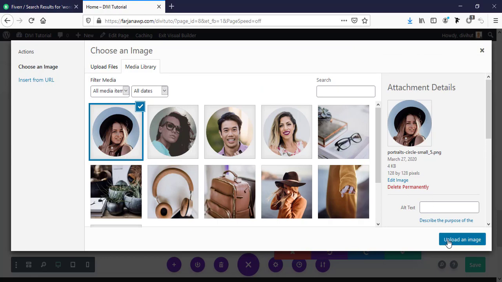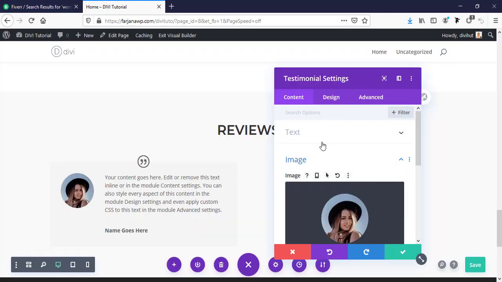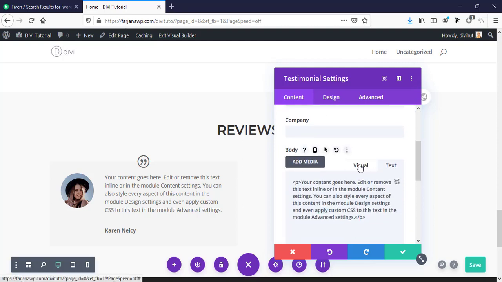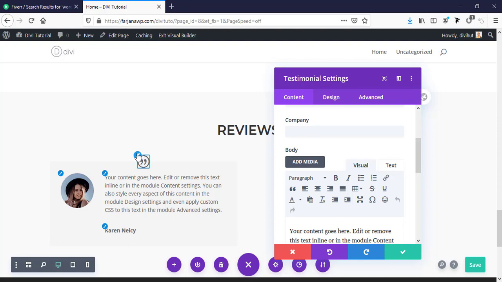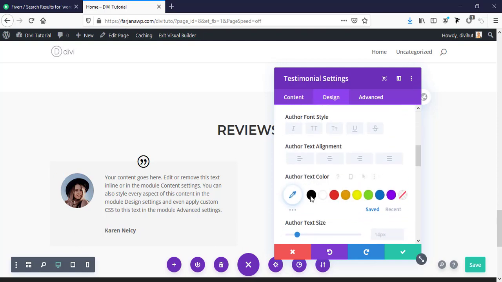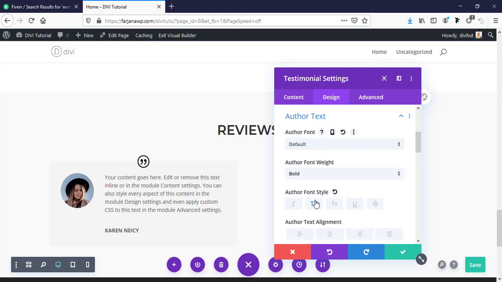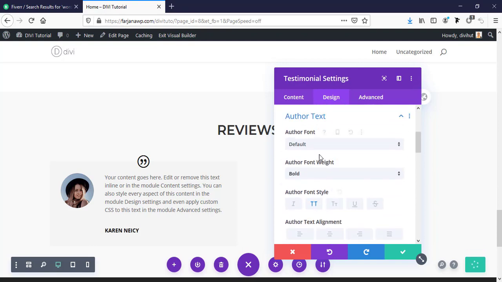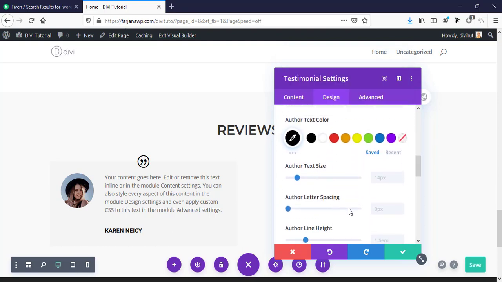I'm selecting this one. Here is text, name, currency, and from here we can change text. And now here we can also design this icon's color. Just change this. I'm making it text uppercase, dark color, changing font family to Montserrat, and adding some letter